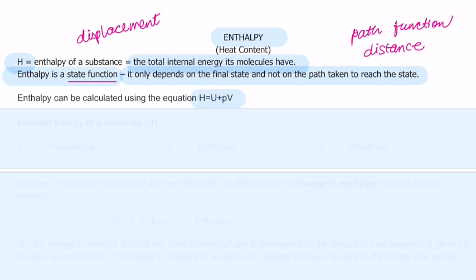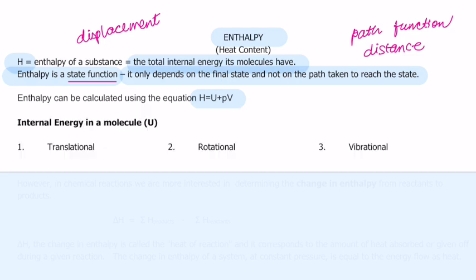The equation that is used to calculate enthalpy is H equals U plus PV, where U is the internal energy of the system. The internal energy of a system is usually measured in terms of its translational, rotational and vibrational